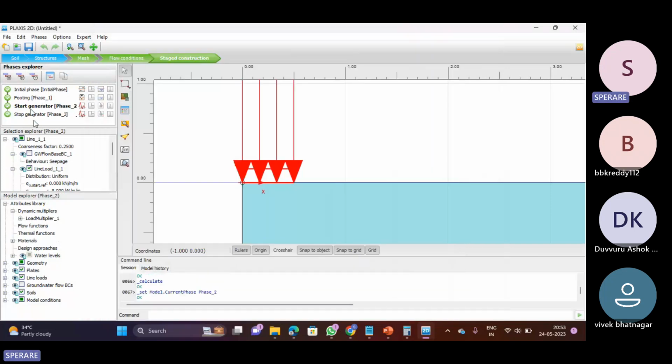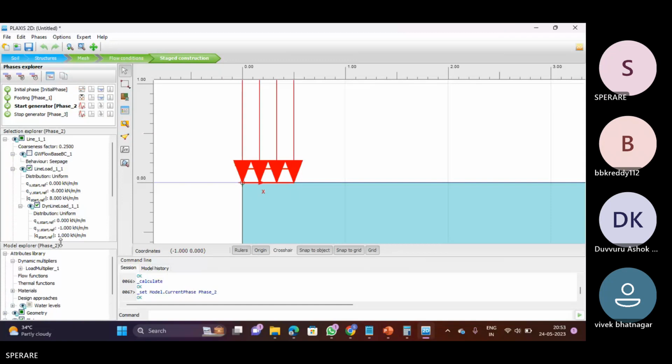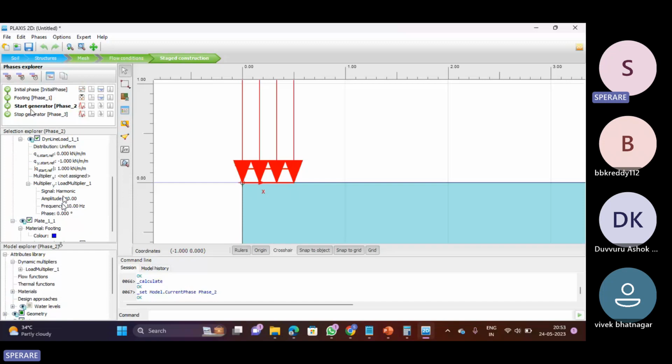And coming on to this, if you see this, the generator weight is 8 kilonewtons of load, and over that they were applying something, and the signal is harmonic. So this way we were good. We were also having the same weight, and then we were doing this one. And coming on here